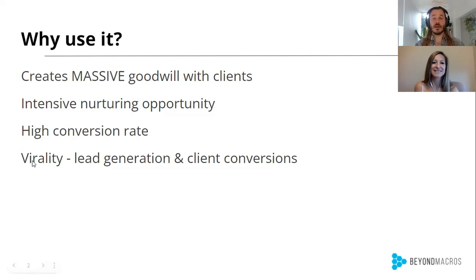The other thing that's really cool about the conversion events you will learn from us is that they are viral. It's a lead generation opportunity as well as a way to get your client conversions. So the virality is really important as well. Your audience will grow from the conversion event, which then allows you to nurture all of those people who don't enroll after the event but are now in your audience. You can continue nurturing them, and maybe they'll enroll when the time is right.